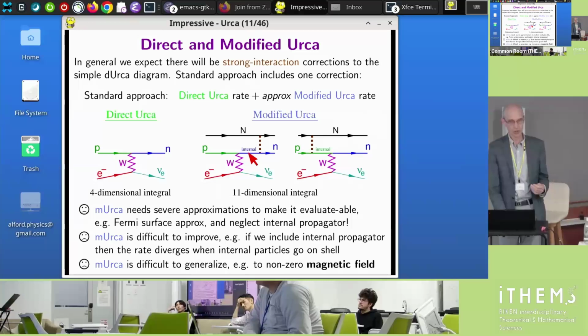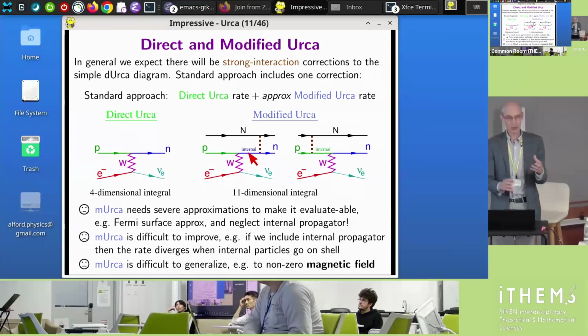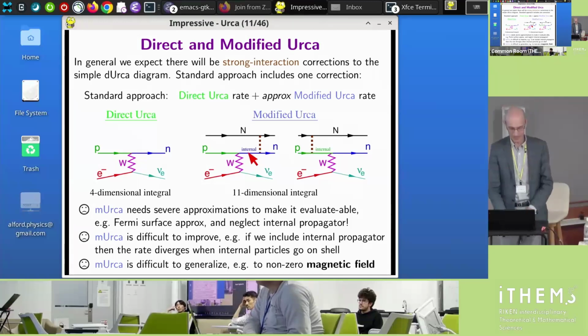Well, the propagator for an on-shell neutron is infinity, right? Because the propagator is 1 over the deviation from being on shell. On shell is where the propagator has a pole. So naturally, these diagrams here are going to diverge when the internal line goes on shell, and the internal line